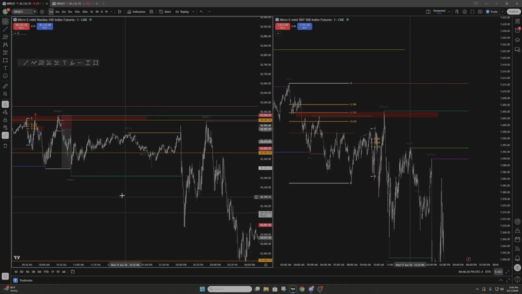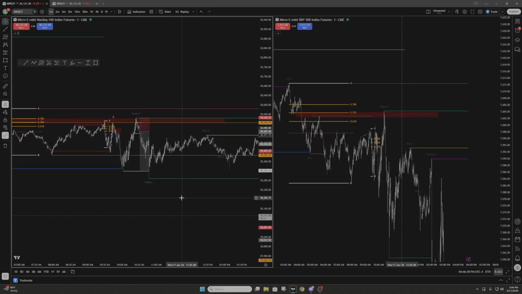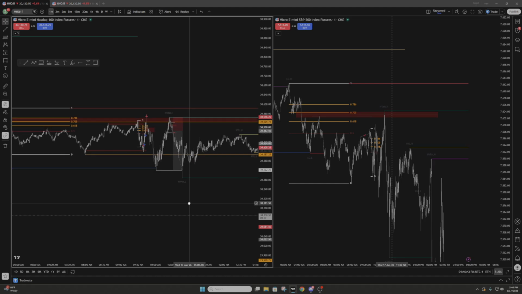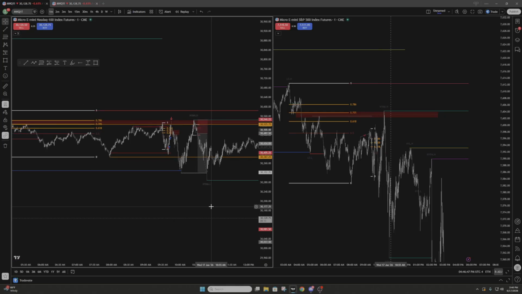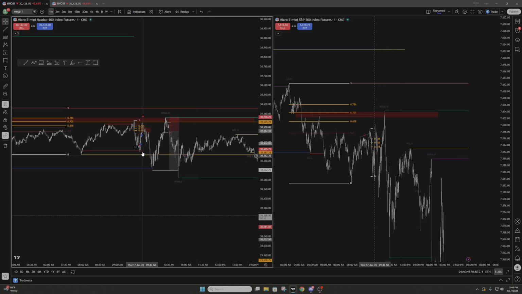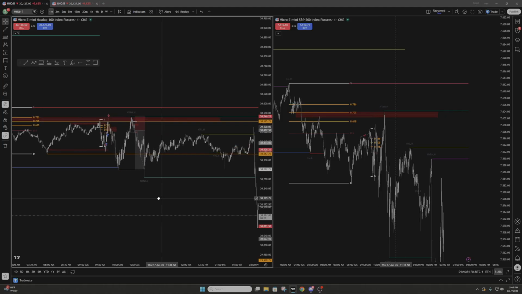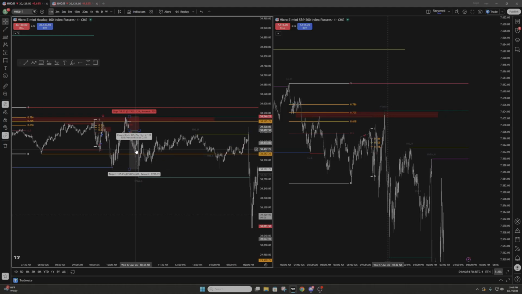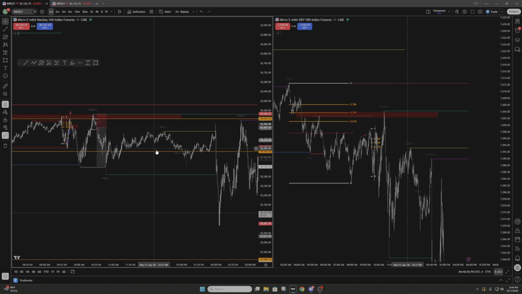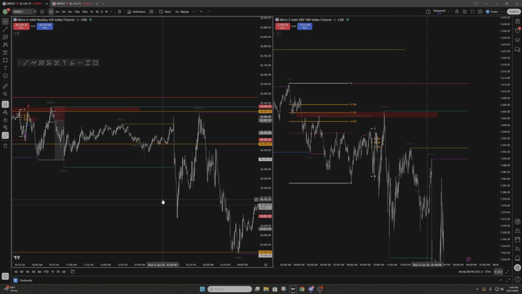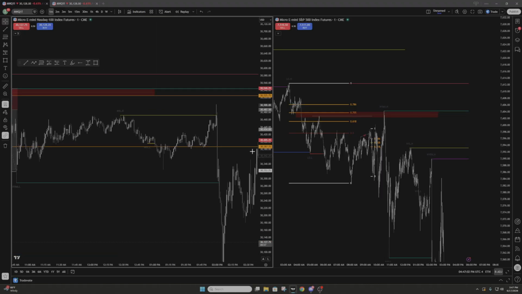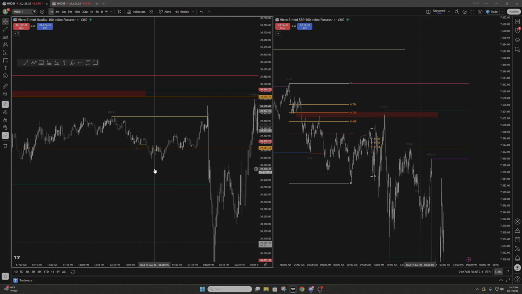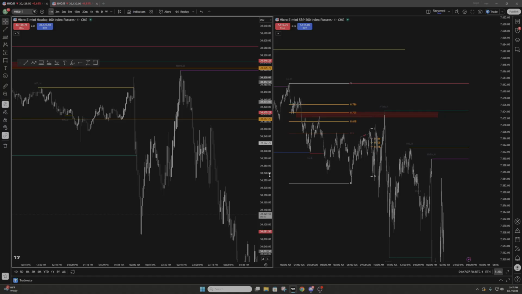But obviously, today was really one of those days that you could have just taken patiently, mainly because of FOMC, it's always going to be choppy. You're always going to have price action that doesn't move anywhere besides sideways or in the same ranges, and that's what we got today. So it pretty much accumulated after the AM session, and from there we just accumulated until obviously 2 o'clock, wherever FOMC does hit. So after that, that's what we ended up getting,